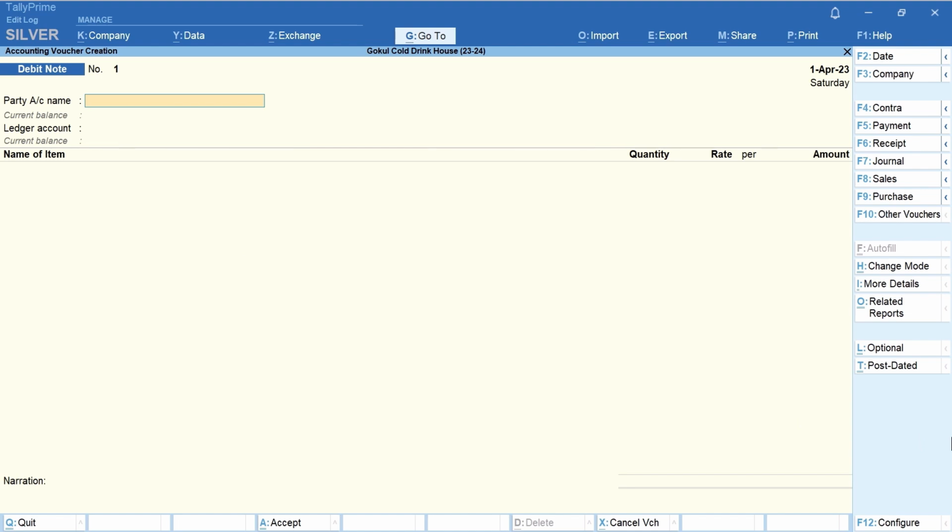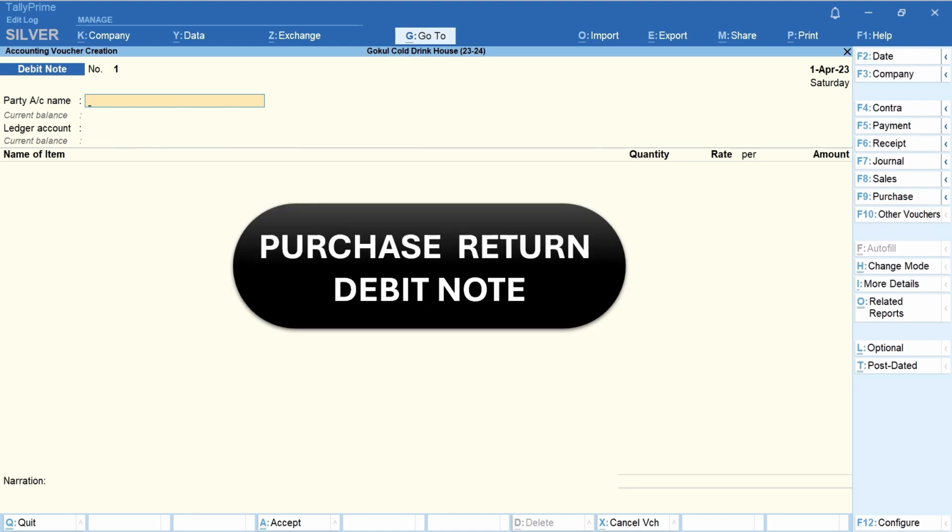First, let us talk about what a debit note is. Just as our customers reject our goods, and we record it as a credit note, when we reject the supplier's goods, we record it as a debit note. We print this debit note and send it to the supplier. So now we can say that voucher returns are recorded